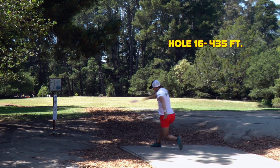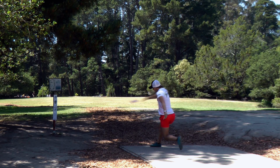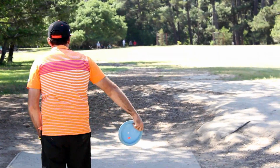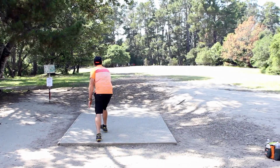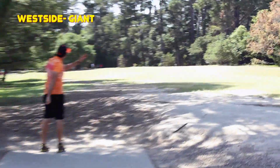But now they get to throw it 435 feet before they get to the basket. So it's actually pretty open. Hole 16, 435. The basket's tucked into the right-hand side of the fairway and all those tall trees. And it kind of slopes off after the basket pretty good for about 20, 25 feet, and then it's cliff